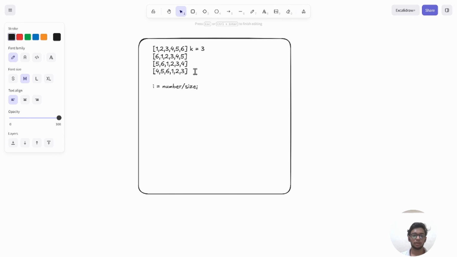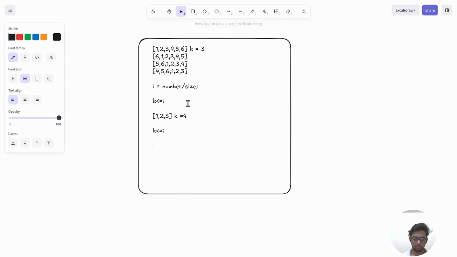Then we will bring k to less than or equal to I so that we don't face any problem during rotation. Let's see what I am talking about. If my linked list is 1, 2, 3 and k is 4, then I am going to bring k to less than or equal to I. Something like